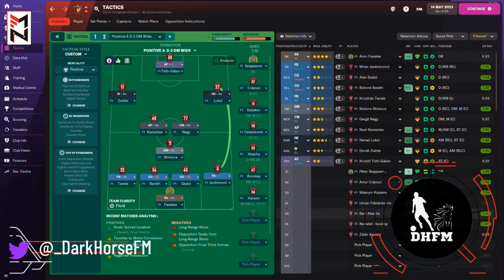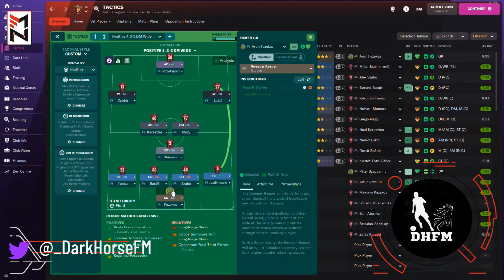Because what I did then was to actually include short passing into my player instructions. That way I wasn't forcing it for every player in the team, but then I had certain players that were required to retain possession. That way we kept the possession-based style of play without actually forcing it for every player in the team. So in the goalkeeper role, I use the super keeper on support